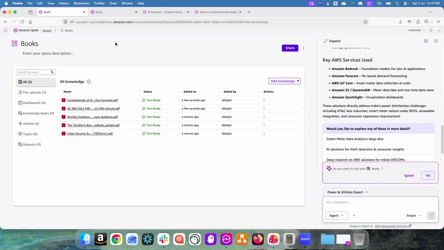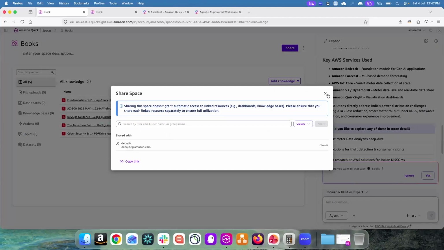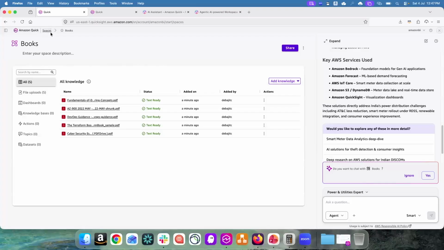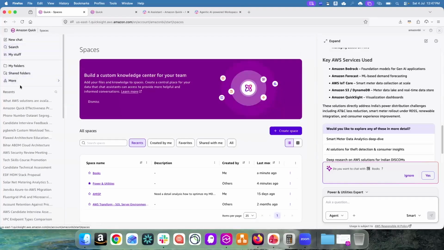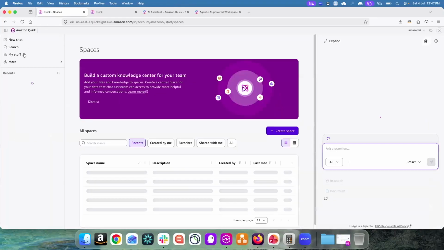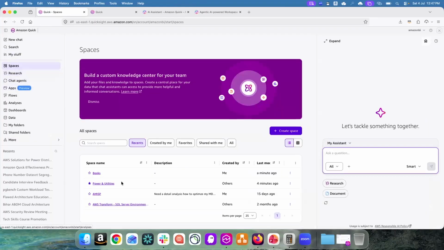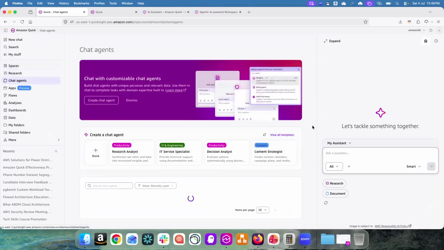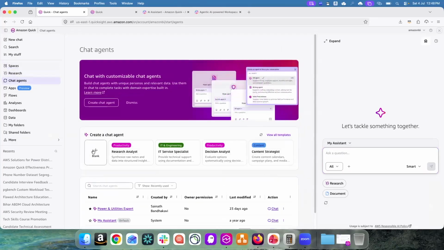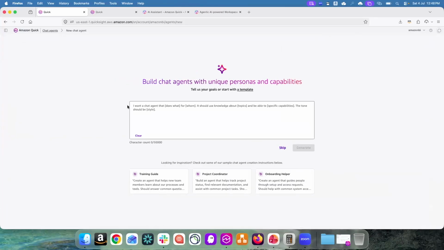So let's say I have done these spaces, right? You can also share them with your colleagues. If I go back and do a little refresh and see, this is the books space I just created a minute back. Now if I go to chat agents and create a chat agent,